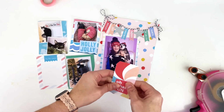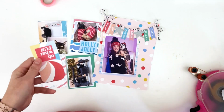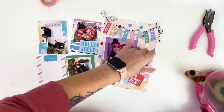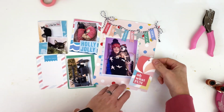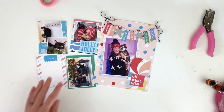but I decided that that wasn't really doing it for me. I was a little bit bored with what was happening here because it's just a lot of words, a lot of bright colors, and not a lot of icons going on. So I put all this down, and then I decided to turn the camera off